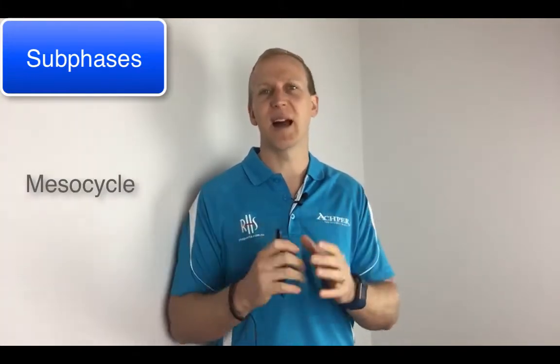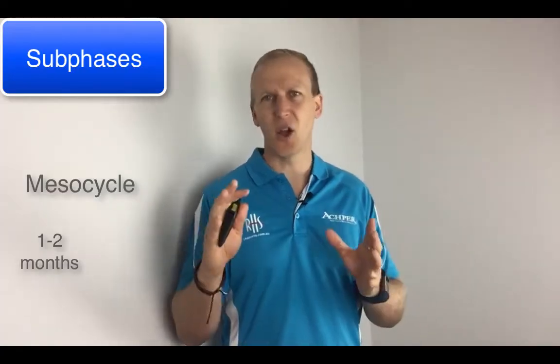We now move on to our sub-phases. So I've mentioned these already within periodization. There's our macro cycle, which is normally your full 1 year or possibly more than 1 year. So for example, if you're trying to make sure you peak at the Olympics, that's a 4-year macro cycle. We'll then break that down into smaller phases, which are going to be called mesocycles, and they are normally 1 to 2 months. It can be a little bit longer, a little bit shorter, but just remember these are rough guides.